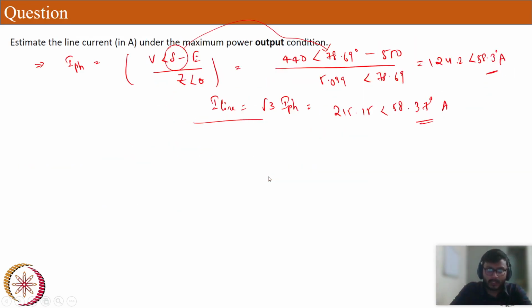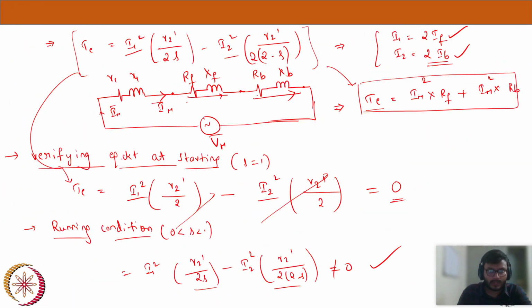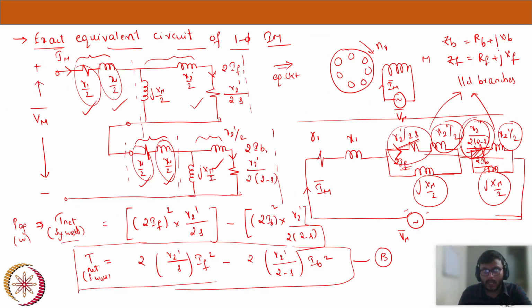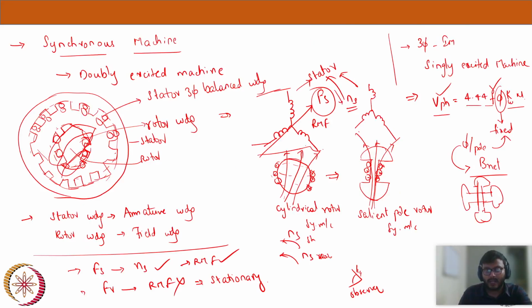That's how today's session went, and I want to give a quick recap. Today we started with the discussion of last week's session, where we had stopped the thread of arriving at the exact equivalent circuit of the single phase induction machine. With that we arrived at the exact equivalent circuit, and we calculated the torque equation, and we saw how the torque equation is valid for all the conditions which we had drawn at the starting of the single phase induction machine discussion. And then we started today's topic of synchronous machines, and we discussed the construction